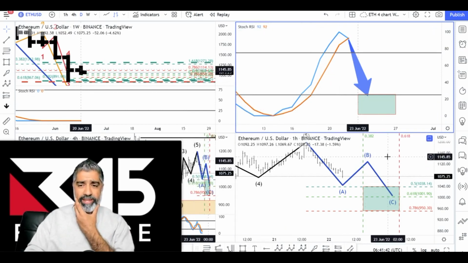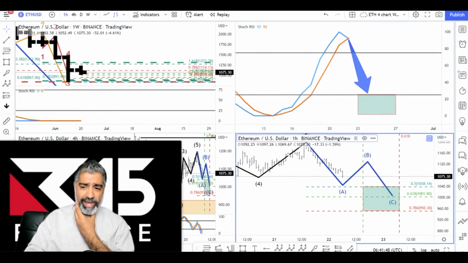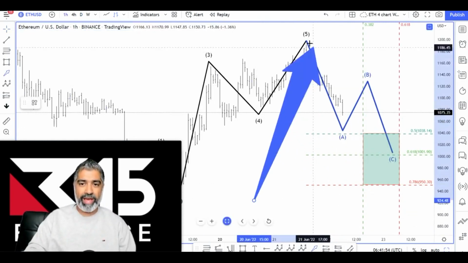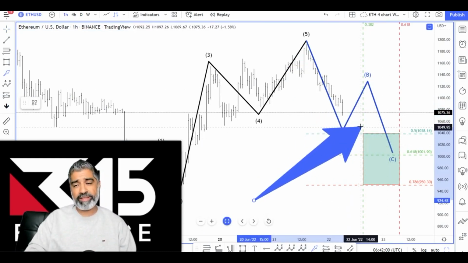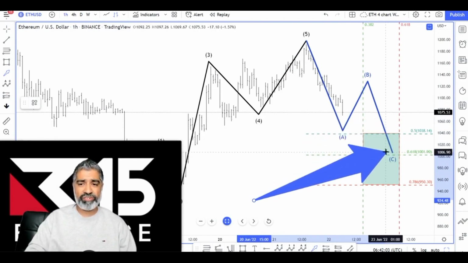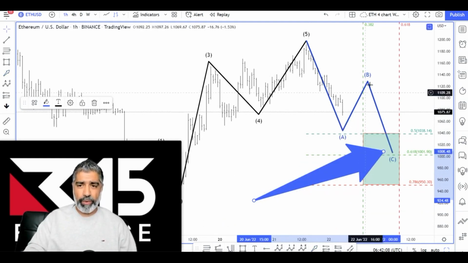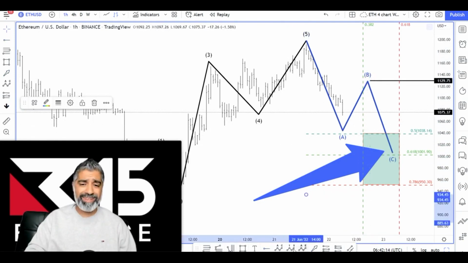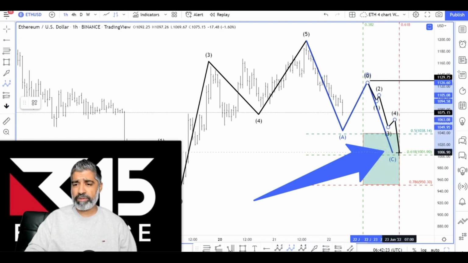What we would then want to do, if and when the momentum goes below this black line, is look at the hourly chart again. In the ideal world, we would have an A, B, C correction below this 50% and longer than this 38.2% time in this range. And then we can look for a high probability long trade setup. Something like going above this swing high would be a good long trade setup. Or better would be if this part of the market tends to break down into like a 5-wave sequence of some sort.